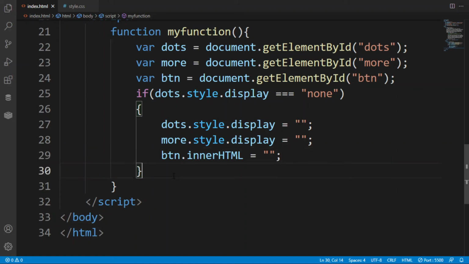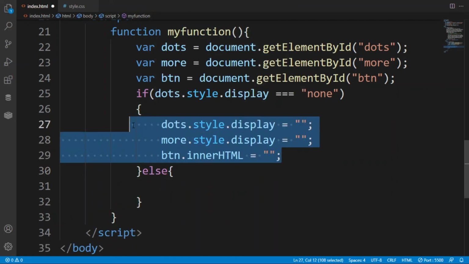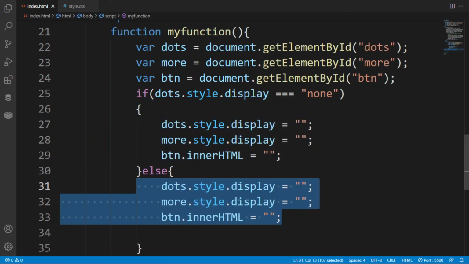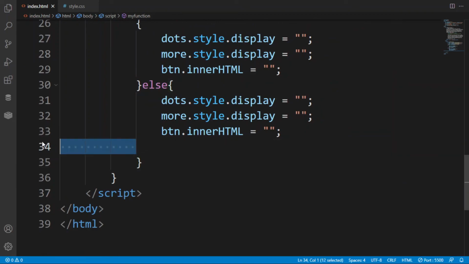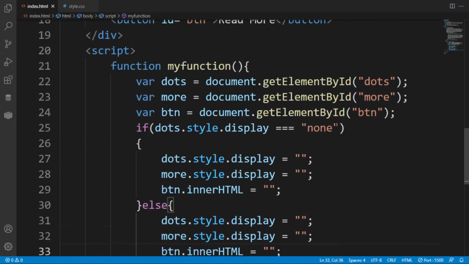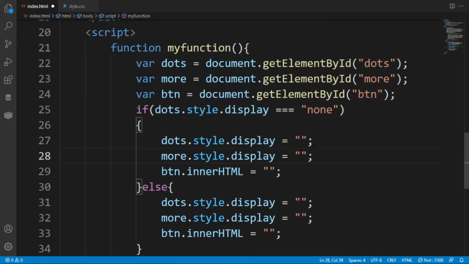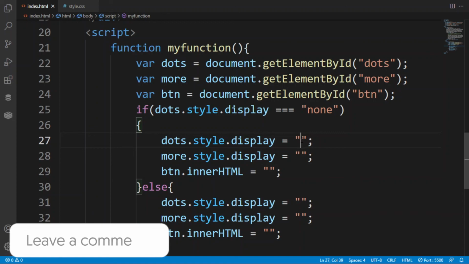Then we also have to create the else condition. Having created the if, here in this, copy this and paste it in the else part. Here this is most important, that initially we have put in the condition of display none, as you can see in the more, and there is a display none on the button.